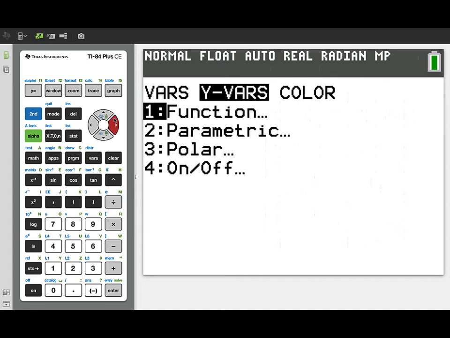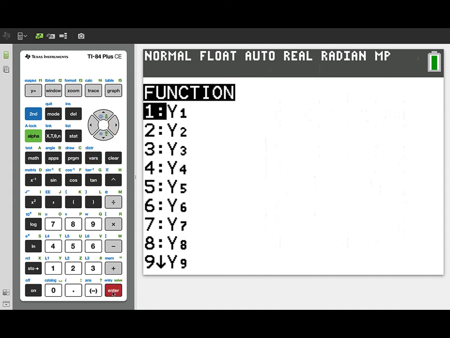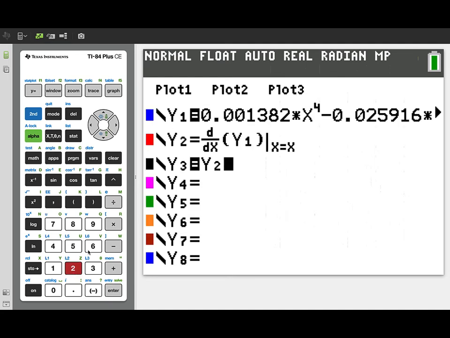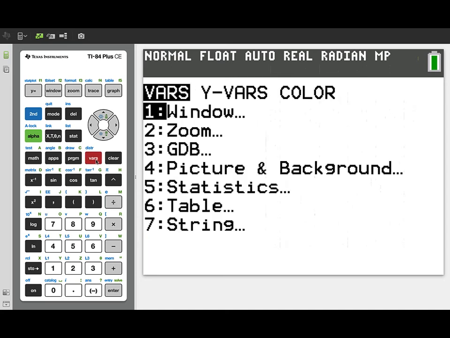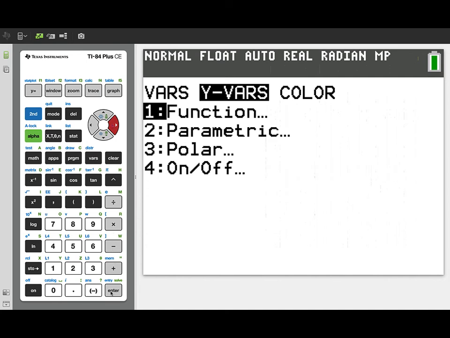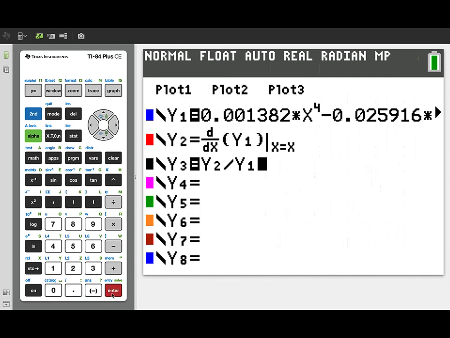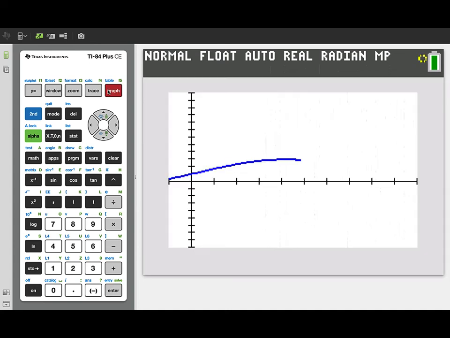So I'm creating a function that has the derivative of y1, which is our y2, divided by the original function y1. This new function is y3, and again it's going to be the derivative of our original function y1 divided by y1. So let's take a look at the graph,